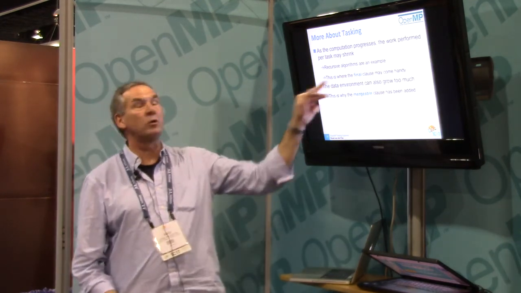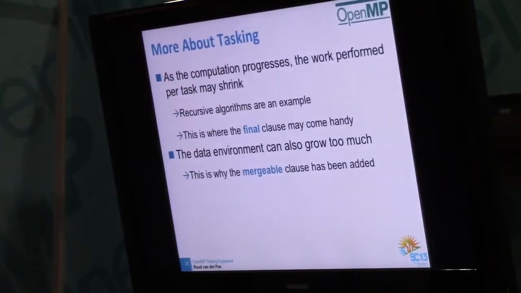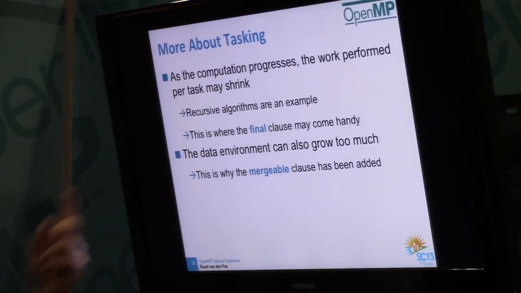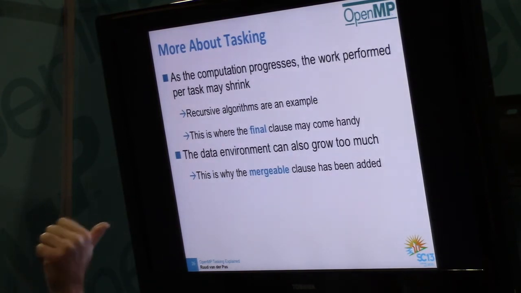Firstprivate makes sense. Another thing is, typically when you have a recursive algorithm, it gets smaller and smaller as you go down your recursion. And what can happen is that the amount of work is so little that the task overhead will kill you. That's why there's the final clause when you say stop generating tasks. Just start executing. Don't generate more tasks. Just keep on executing. So that's like a fine-tuning. This is in 3.1. Because before we had that, people would use ugly if clauses and whatever.